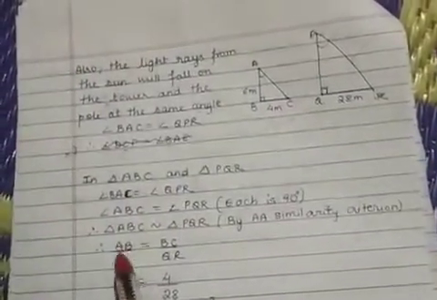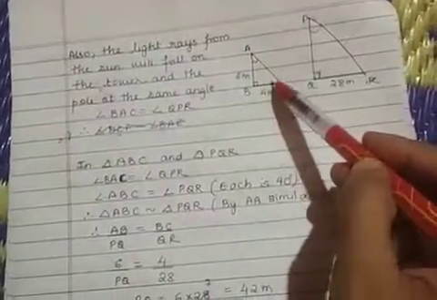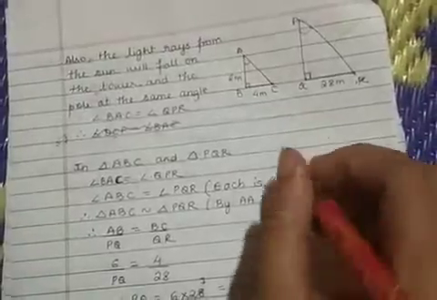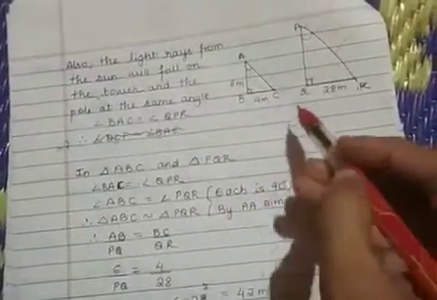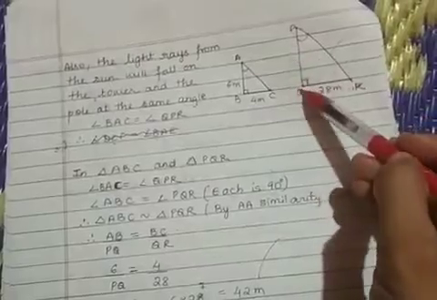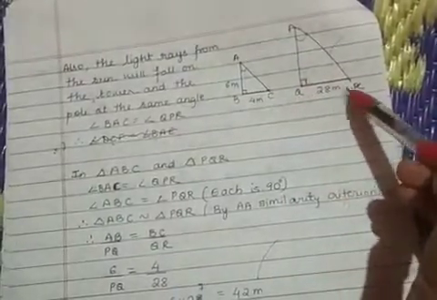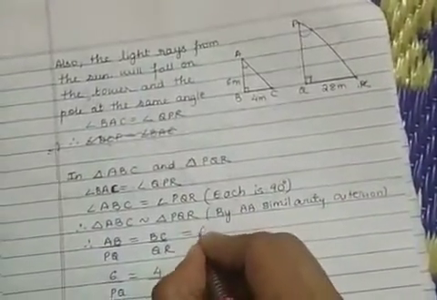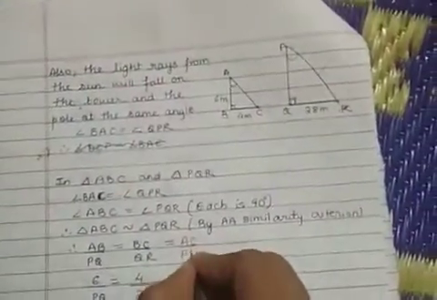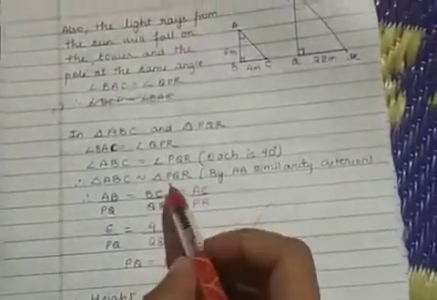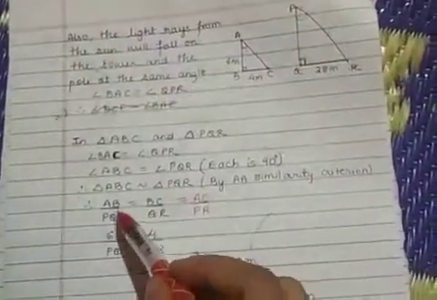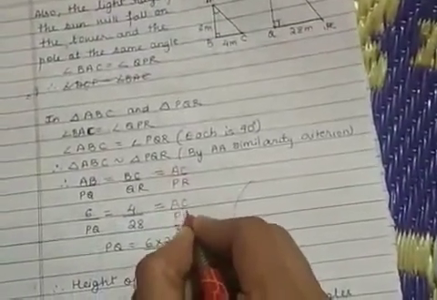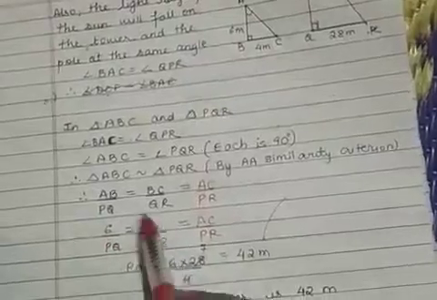So if the two triangles are similar, the angles corresponding to it will be equal and the sides will be proportional. So all the three sides will be proportional. So AB upon PQ will be equal to BC upon QR, will be equal to AC upon PR. Correct? Now we want PQ, right? So let us substitute whatever is given to us. AC upon PR, I have missed this. So now we can take any two, right?